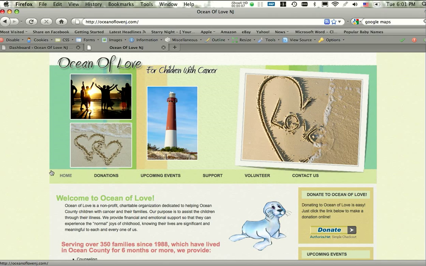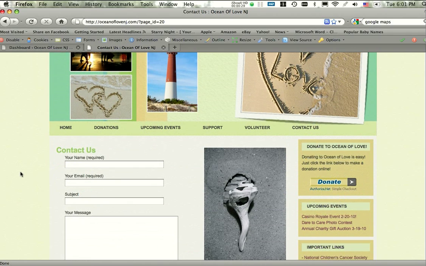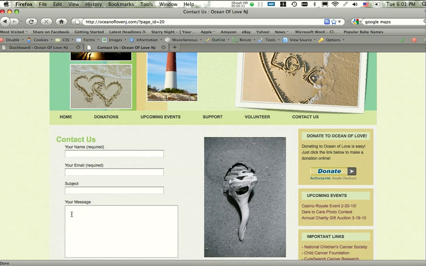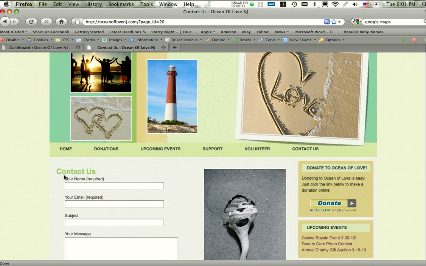Today we're going to be going over how to utilize a contact form for registration for events, upcoming events that Ocean of Love will have taking place. This is another way that we think outside the box. We're using a contact form that's really not too different from the one on your contact page on the site here. You can see, we have a contact form. We're going to take something like this and program it so that you can utilize it as a registration device